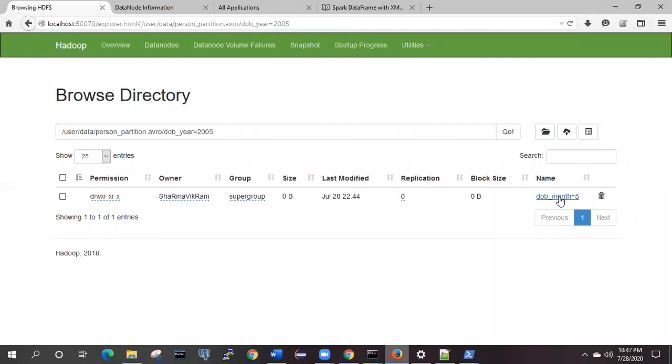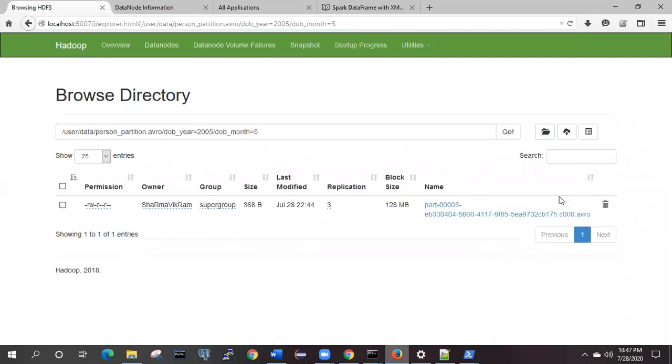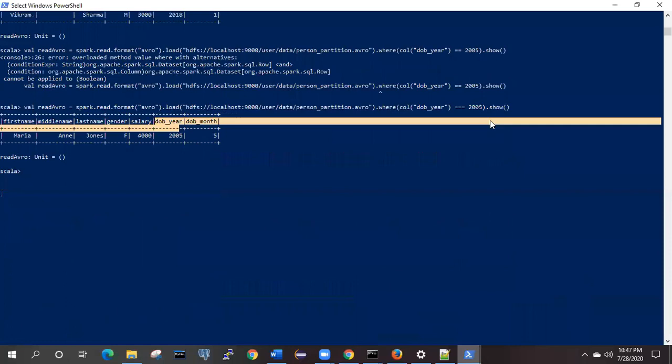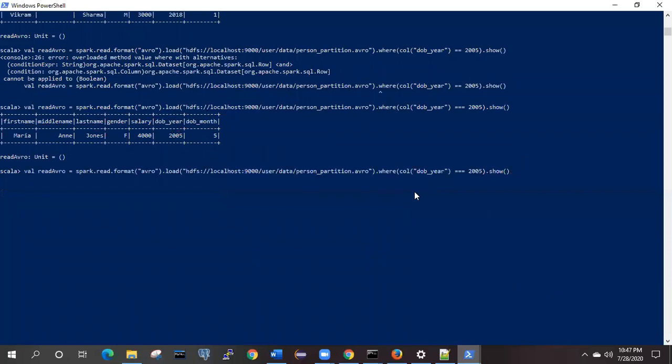Here the month is also partitioned, with 5, and this is the actual data. If you need to read this further, we can modify our query on the Spark shell. So this is the total 2005 data.